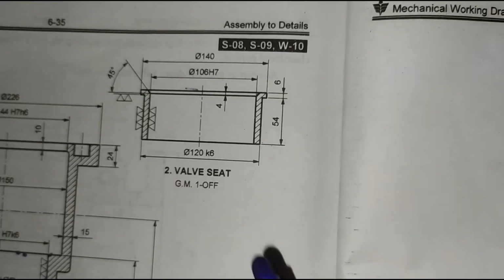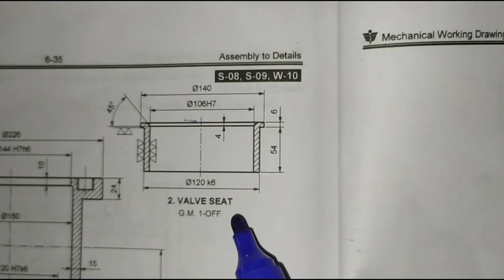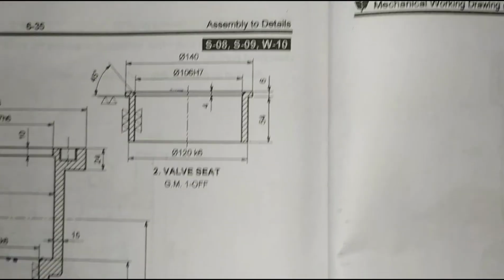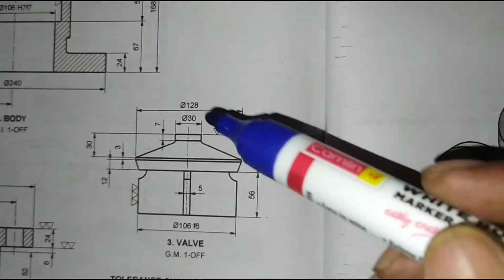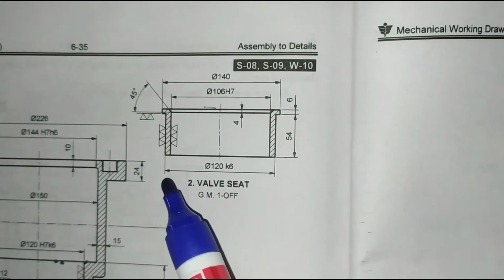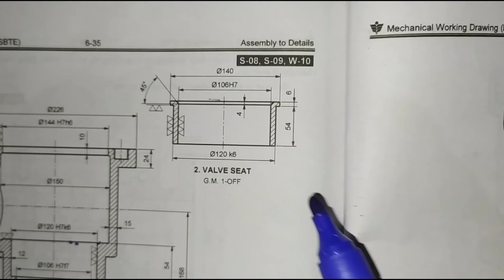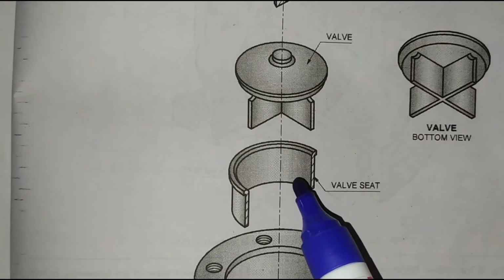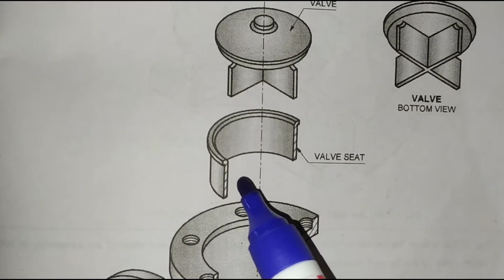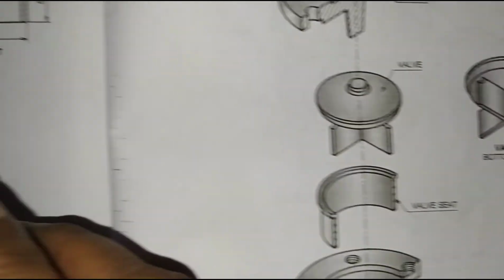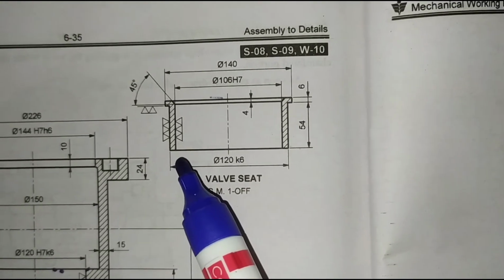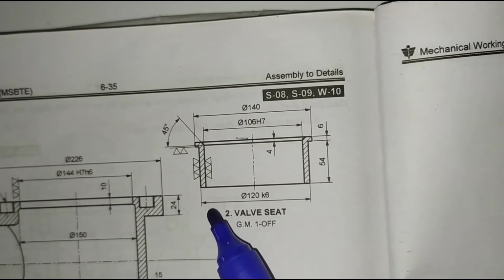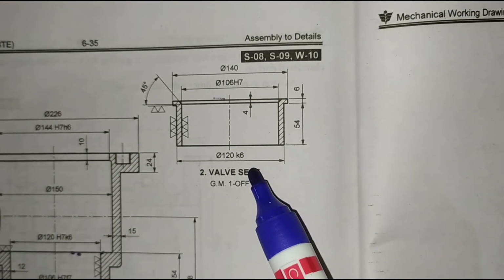Now let us understand the wall seat, and this is the wall where it is fitted, how it functions. Now this wall seat, what is the outer diameter? It is also a cylindrical shape. If you observe it clearly, it is also a cylindrical shape. There are steps at 45 degrees at the top face. It is a hollow cylinder. The external diameter is 120.